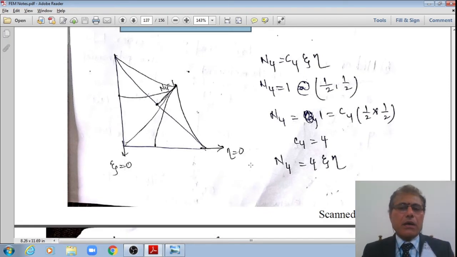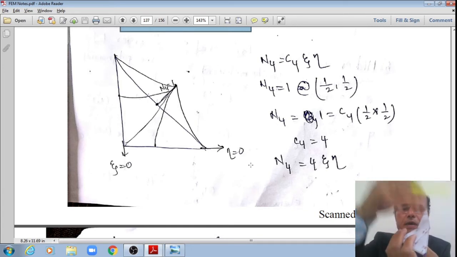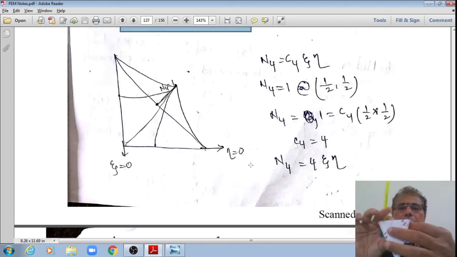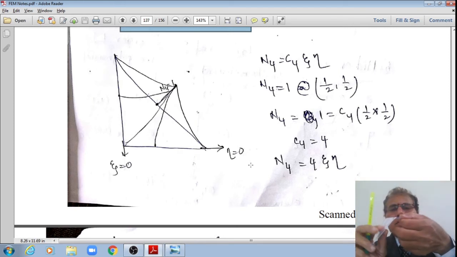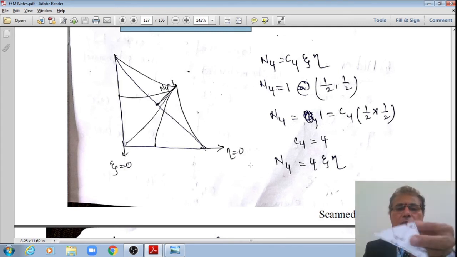Then if you understood the derivations of the shape functions of these end nodes, now we'll move to the derivation of the mid-side nodes, students, right? 4, 5, 6, right? Then the derivation of the shape function n4 means if a load is applied at node 4, it will absorb 100% load, right? That is how it will absorb 100% load. The ordinate is equal to 1. By the time it goes to other nodes, it becomes 0, like this.